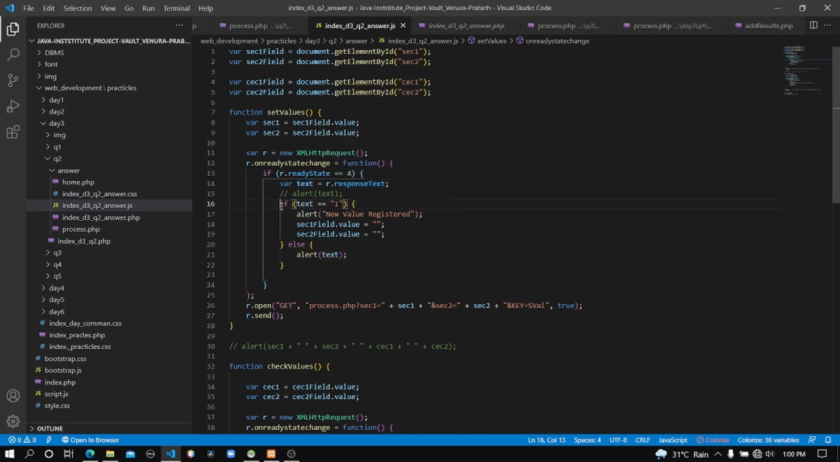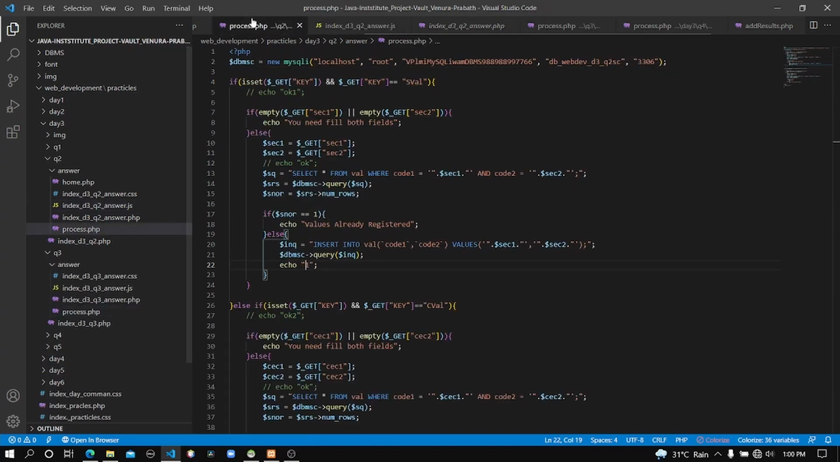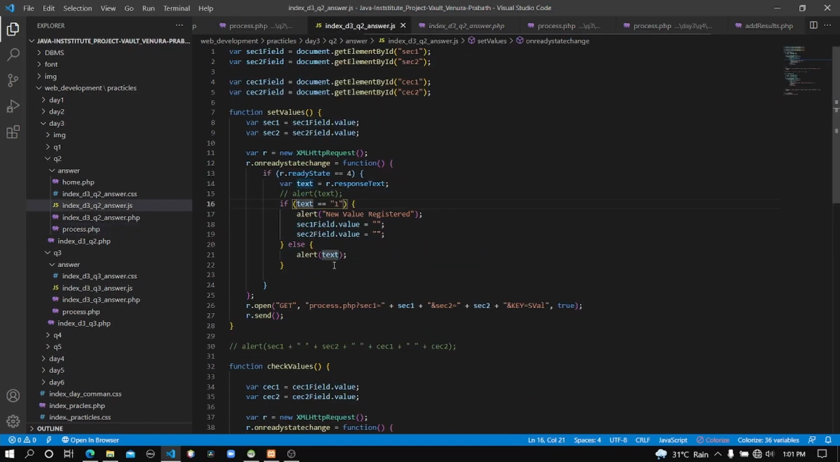Okay, after that, here you can see I wrote another if condition, and it will check if the value inside the text variable is equal to 1. That means I check the process is okay. Only the number 1 means the process is completed and there's no error. If there's an error, it will output only the error code. So if the output value is equal to 1, that means the data is inserted. So after that it will